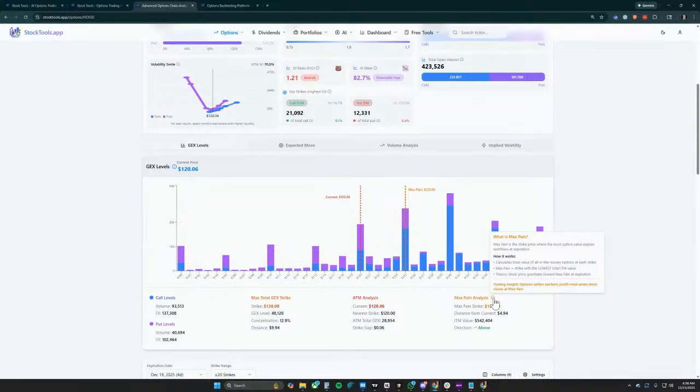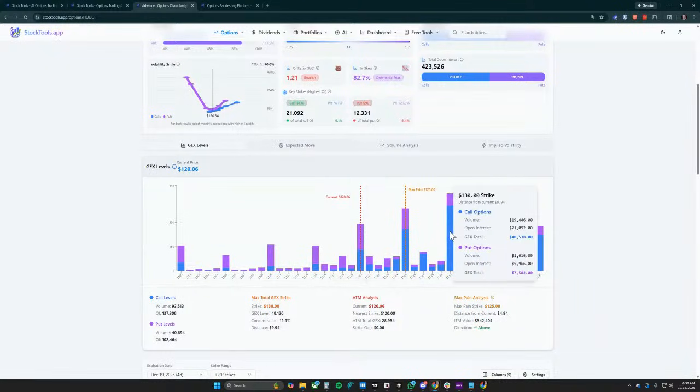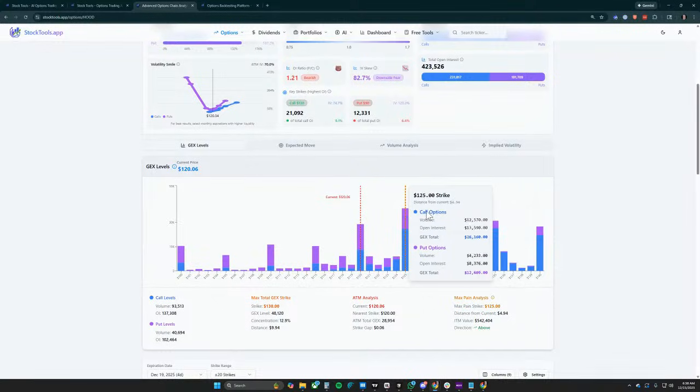But why is the 130 bar higher? Wouldn't that be max pain if it's higher? Well, I think it's taking into account the puts as well. That one has higher calls at the 130. I gotcha. And so if it went all the way to 130, they'd also have to pay out the 126 and the 127 and the 128 and the 129, right? So it's like trying to find the right balance there.